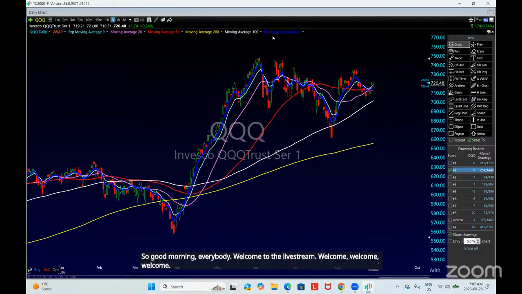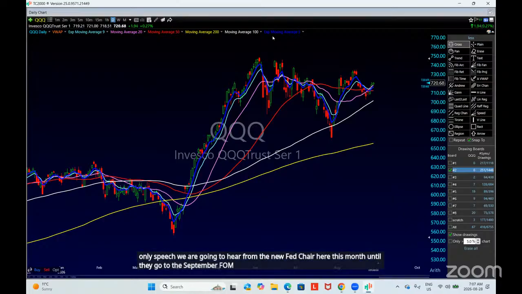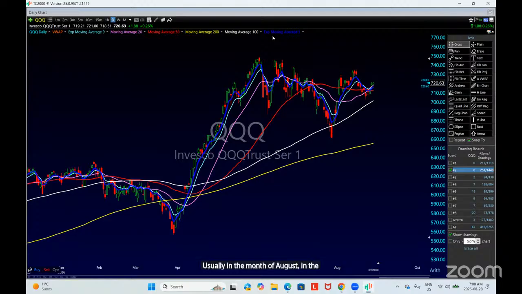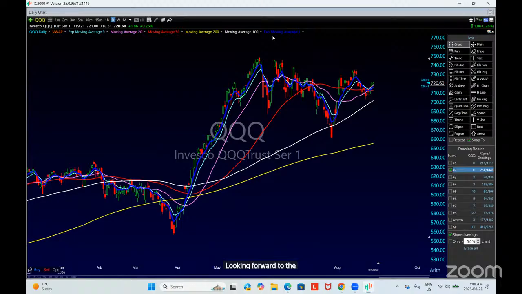Today I call the Fed Day because that's the only speech we are going to hear from the new Fed chair this month until the September FOMC meeting. Today is the Jackson Hole speech. The Jackson Hole speech is a very important speech for U.S. Fed chairs, usually in the month of August, in the absence of FOMC. They talk about monetary policy, things to do with the economy, and what they are planning to do. So the market and market participants are going to be looking forward to the Fed chair speech today,